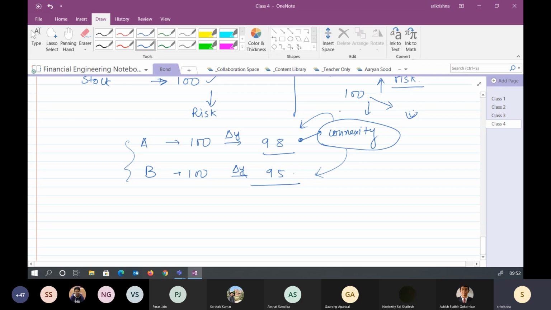so that we can prefer one bond over the other. Again I'm saying that this is if the change in the interest rate is in the other way around, A could be 102 and this could be 105. But I will talk about this one. We will be just talking about the two risks. Tomorrow when I talk about convexity, I will again talk about this.